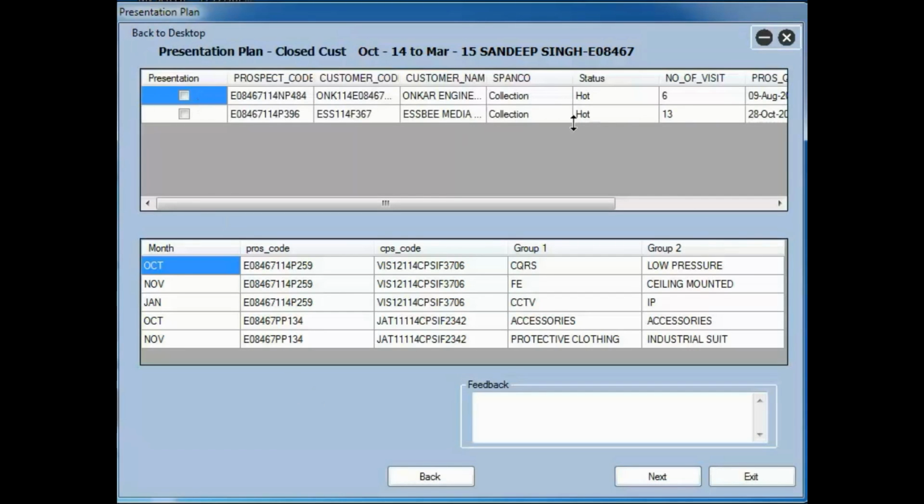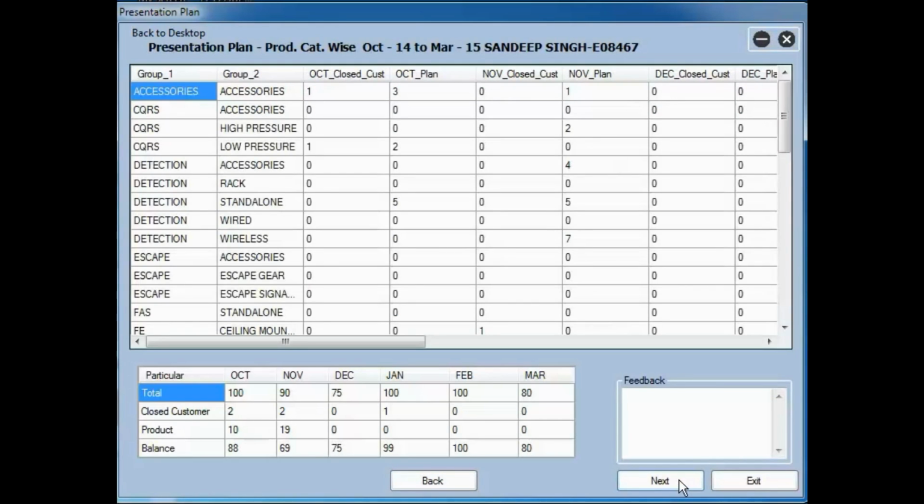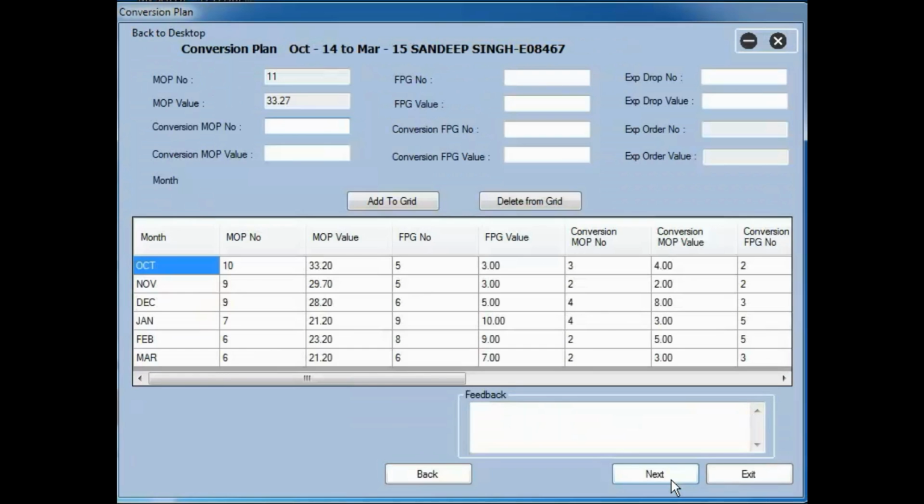Similarly, we go case by case. We can go through as we had seen in our entry when we were doing the planning. In that particular presentation, we had seen that we could go into this case by case. If we feel there is any change to be done, we make the change. If not, we say approved and we move on. On moving to the next screen, we will get to see the presentation planned product category wise. Again, make the changes or mention approved or give your comments if you have not approved and move to the next. On having done this, we see the conversion plan which is there in front of us.